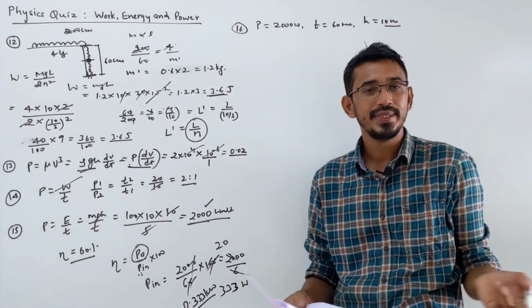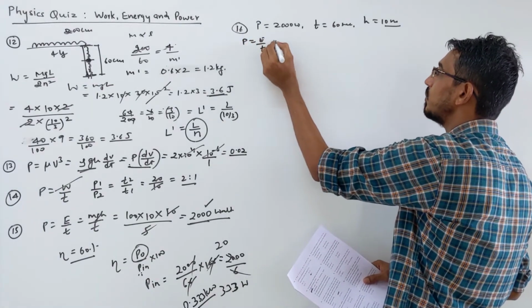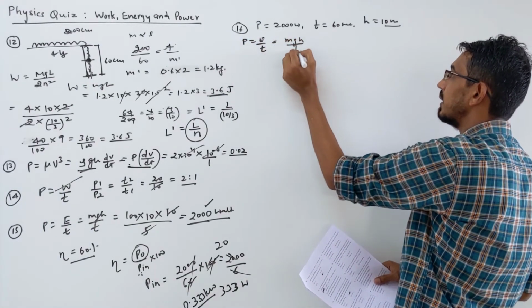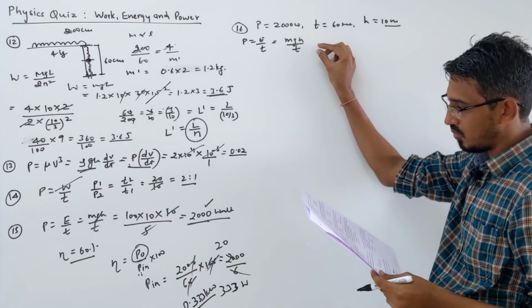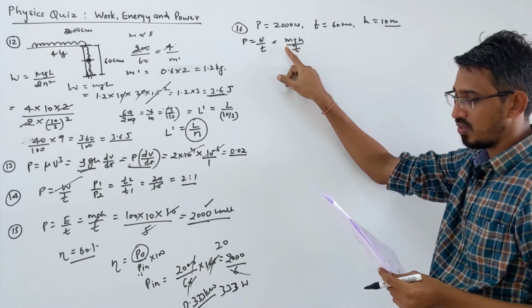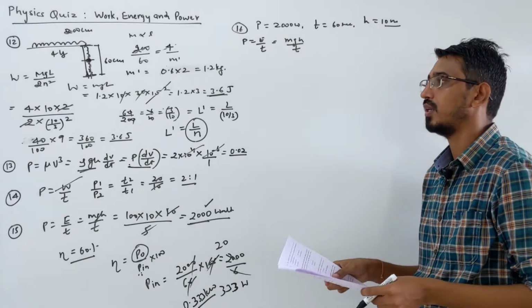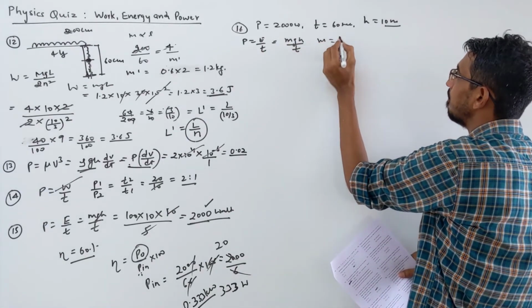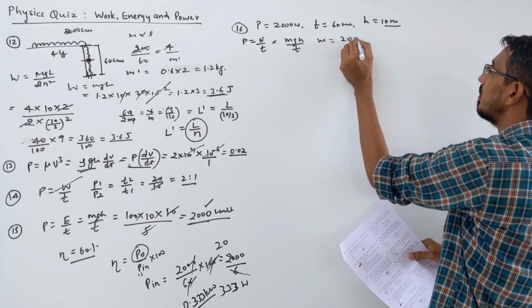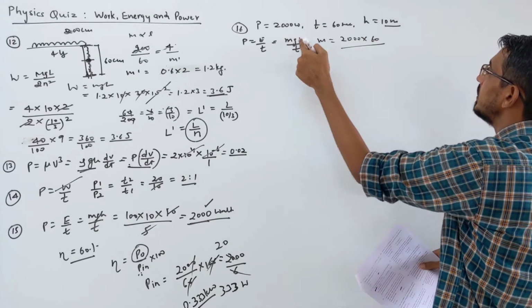So look here, simple question. Again we know power is energy by time. Here energy will be doing work against gravity, so mgh by time, right? So all are given here. They are asking how much amount of water. So first you calculate mass, then you have to convert it into liter. For water, mass is equal to liter. So first calculate m. What will be m? Power into time. Power is given 2000 into time, given 60 second, by mgh.